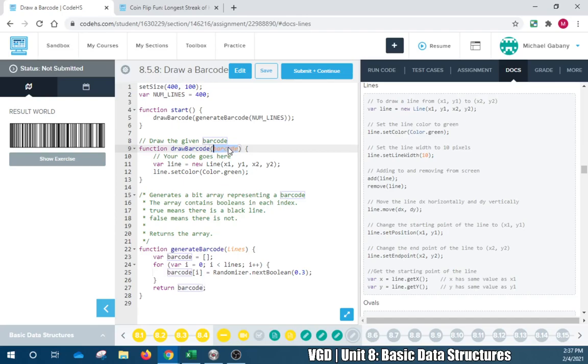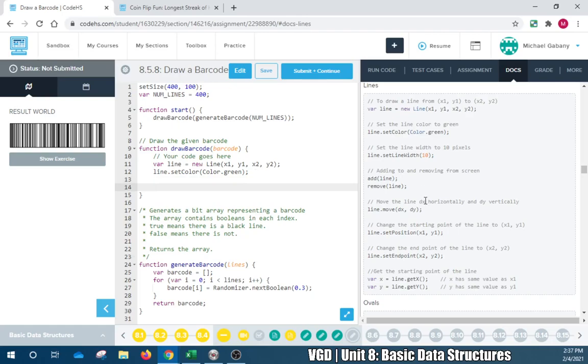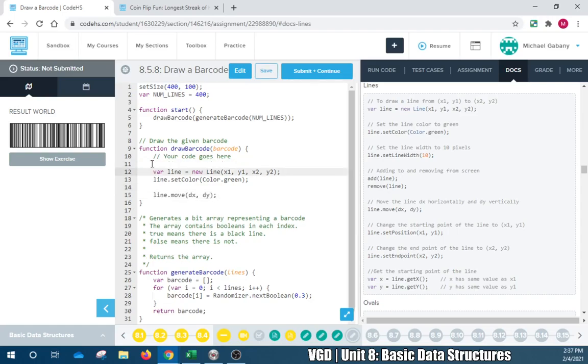If true, draw it here. Which means we're going to have to then move